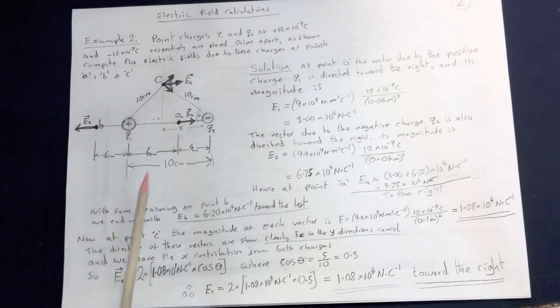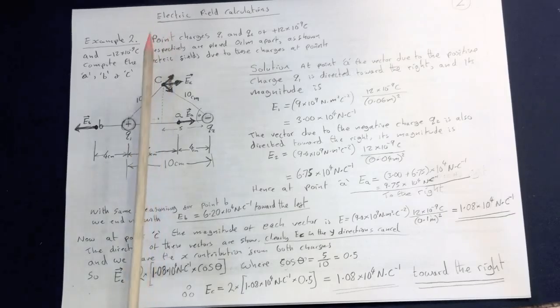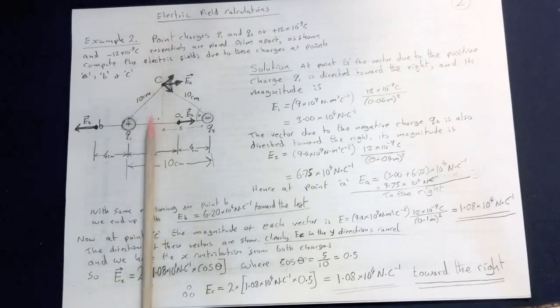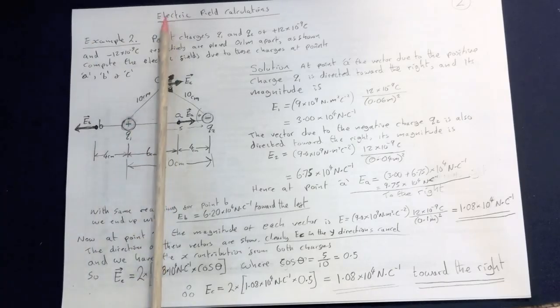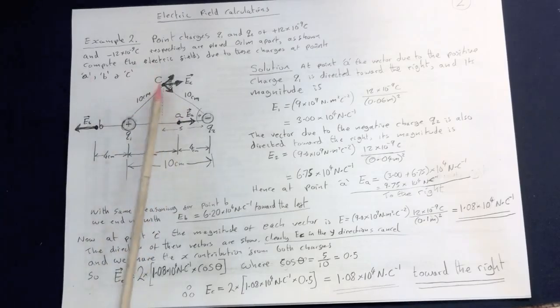Now C is a little bit different. There's a trick here with C. Remember, you've got an equilateral triangle, okay? The contribution of the fields going in this direction, you can imagine going up, but then you've got the contributions going down. If you think about point C here, it's exactly in the middle, so all the Y ones are just going to cancel. The contribution is just going to cancel, so you don't have to worry about the Y direction. All you've got to worry about is